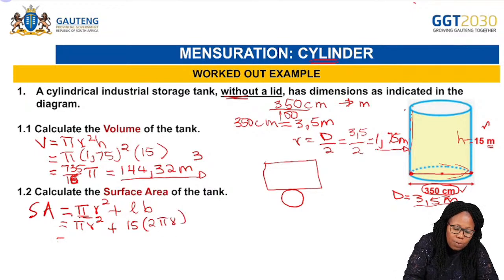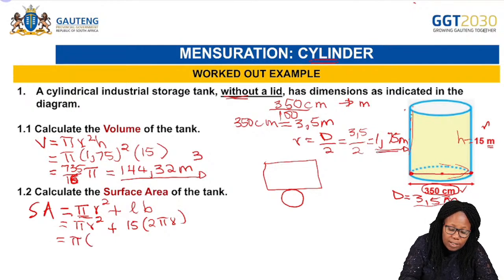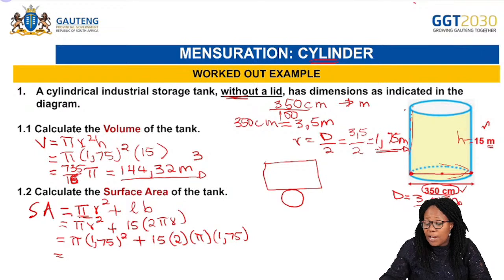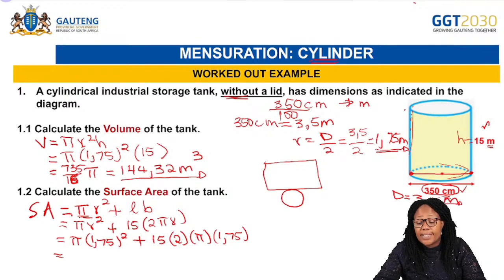And from here, we can now substitute, grade 12. We have the pi. What is the radius? We have already calculated that as 1,75. And this is squared, plus 15 for the height of the container. We have 2, we have pi, and then the radius of 1,75. And then grade 12, you can put everything into your calculator as it is. Do not forget the square,